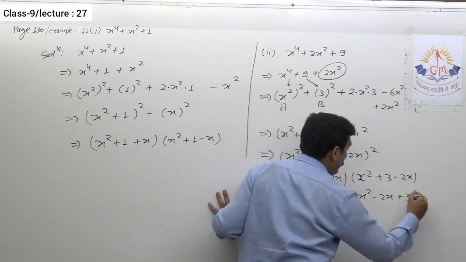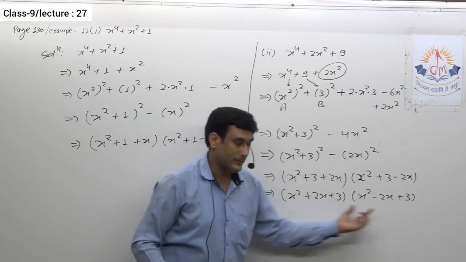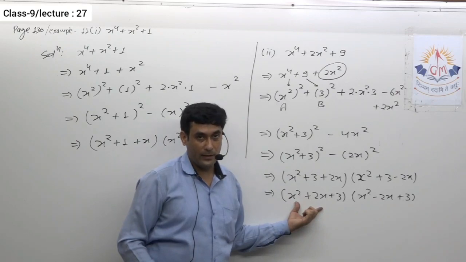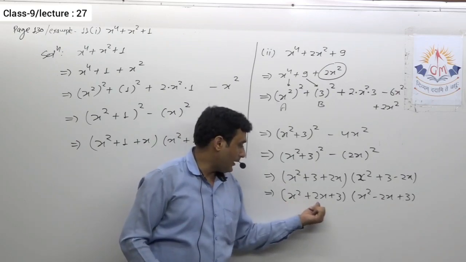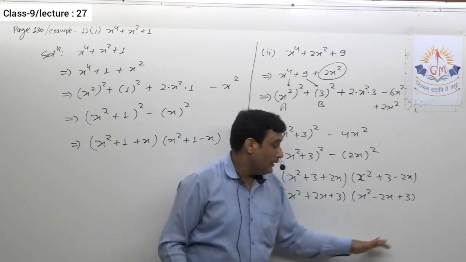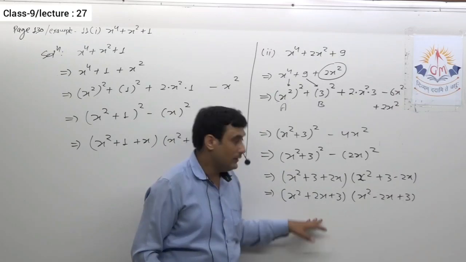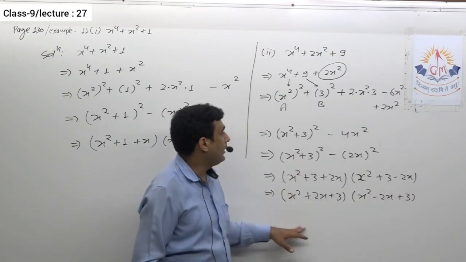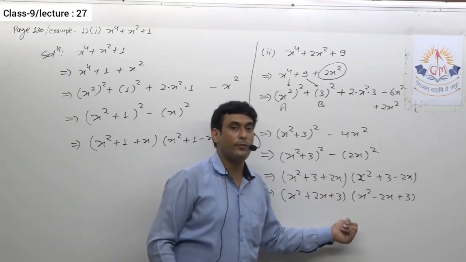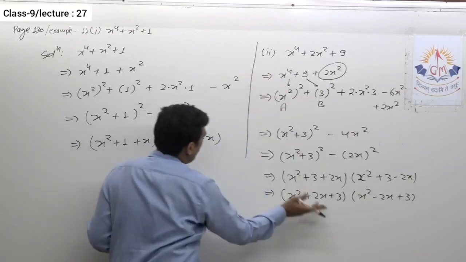Now in our previous lecture we saw how to factorize this type of expression, which is a form of quadratic expression. I have told you that it is ax square plus bx plus c. Here again ax square minus bx plus c. So it is still possible to factorize it further, but first of all note it down, then we'll see how to factorize this and whether it is possible to factorize this or not. Okay, so this is the complete solution, and note this down up to this point.